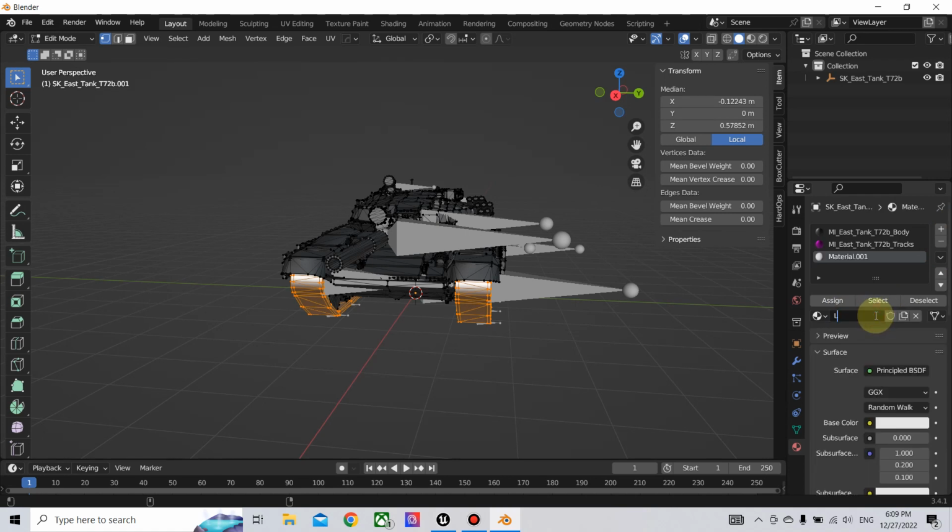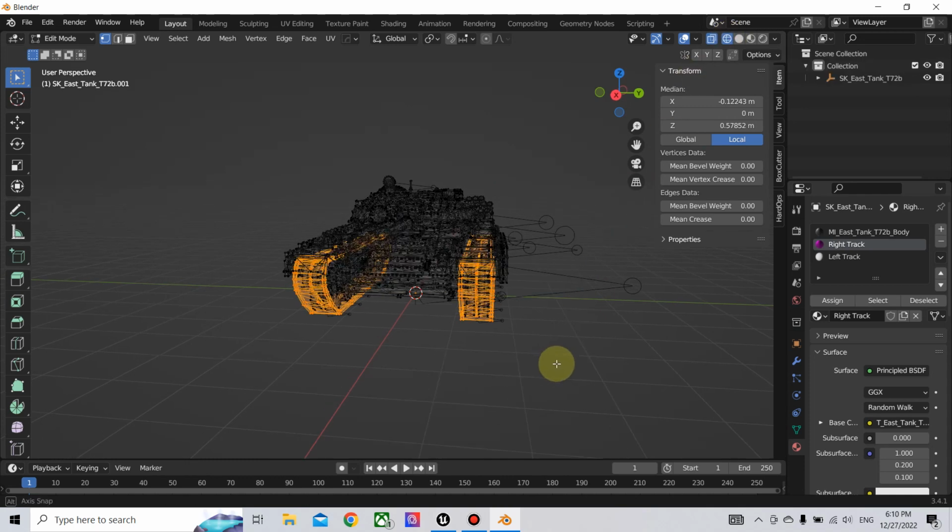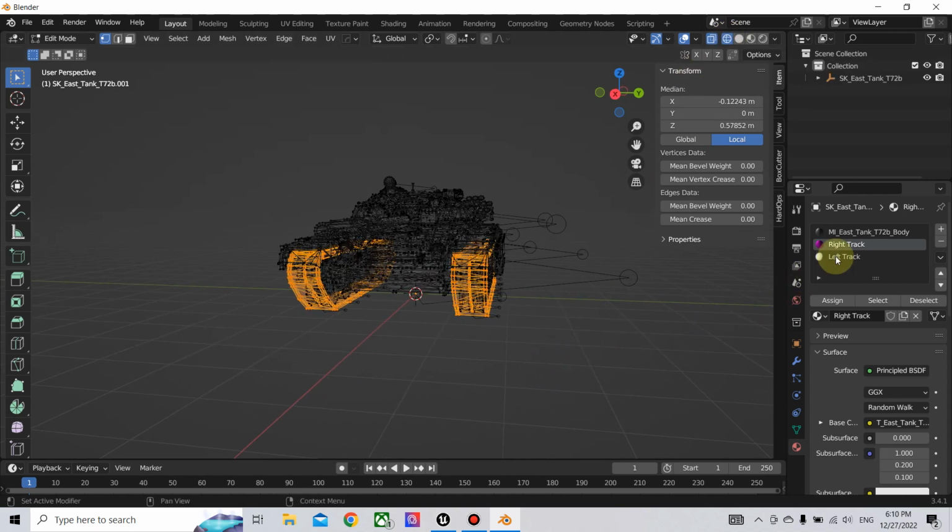Let's name it left track. And let's name it the right track. Now the right track is already assigned to both tracks, so we need to click here for the X-ray mode. Now that we have the